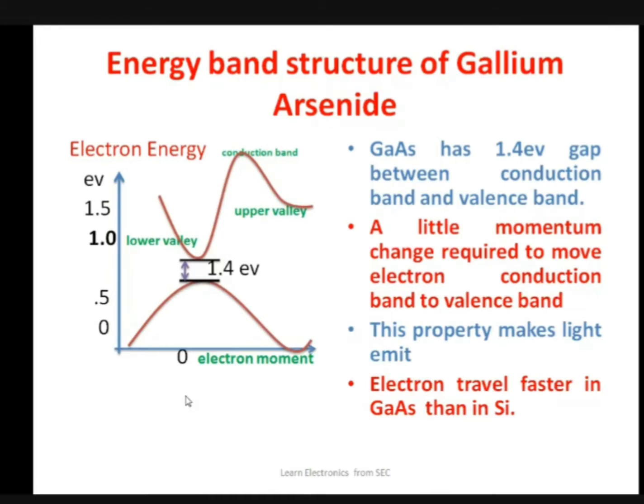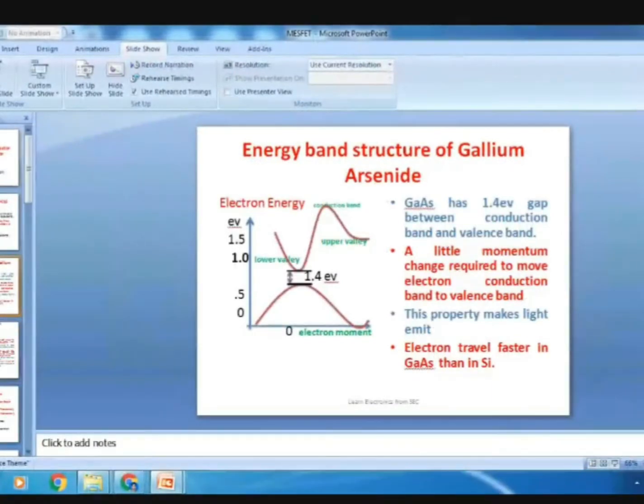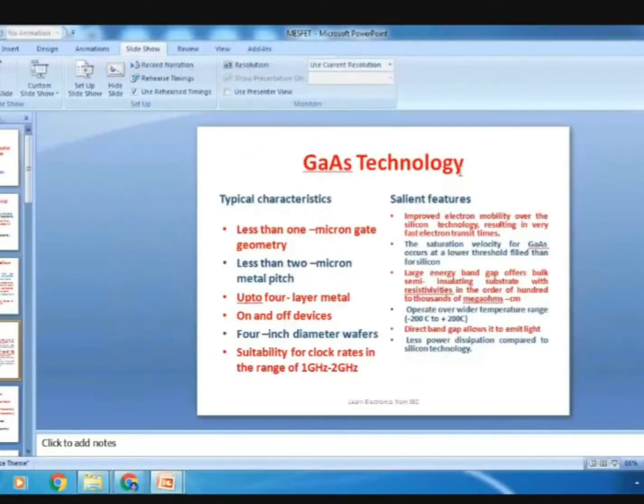Okay, and now the next part is the technology. Gallium arsenide, why we particularly prefer this one? So let's see, less than 1 micron gate size. The symbol of MESFET will be the same as your MOSFET symbol, with gate material highlighted, because gate material will be taken as metal here. We'll see that in further slides. And then the gate terminal will be very small in size. That is one of the typical characteristics of gallium arsenide.